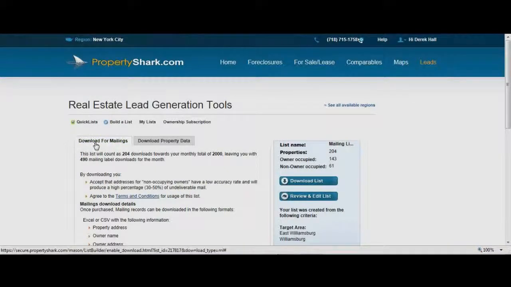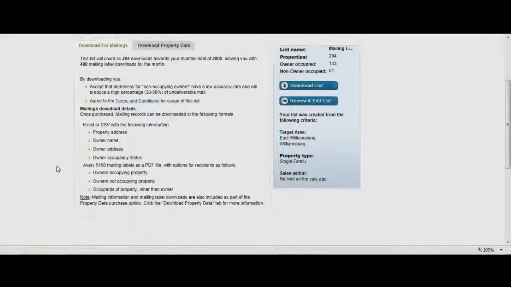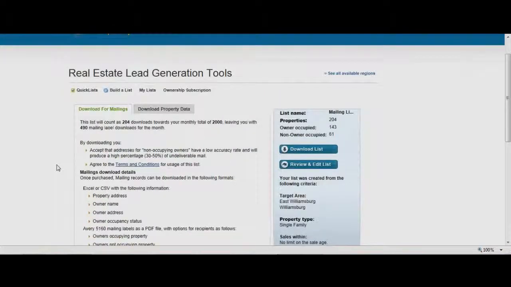So here we are, download for mailings. As part of your subscription, you get 2,000 mailing downloads per month, and this will have a counter at the top telling you, well, there's 204 that are coming out of the 2,000 and how many you have left. And this is going to reload at the first of each month. So if you click on download list,